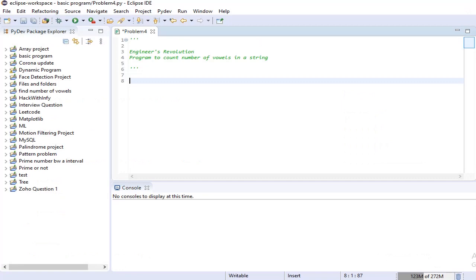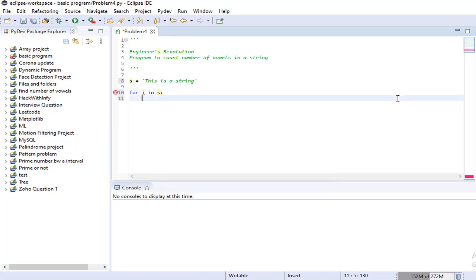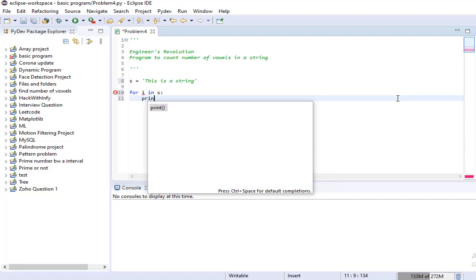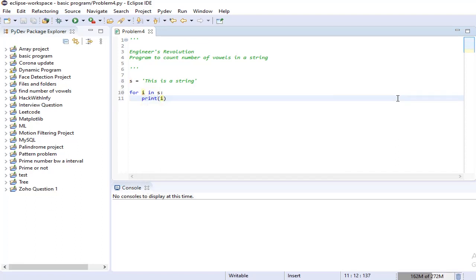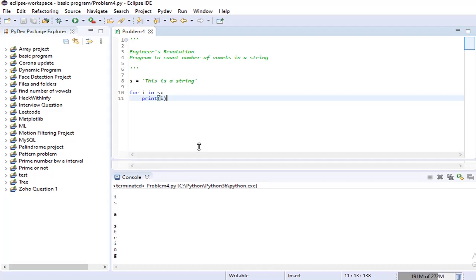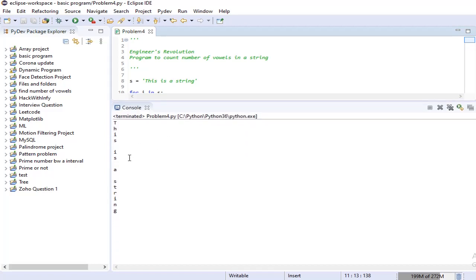Let's declare a variable S and store the sentence "this is a string". I use a for loop to iterate through the characters in this string. Now let me print the variable i to show how the iteration takes place. Let us run our code now. You can see that each character present in the string has been printed on a new line, including the space